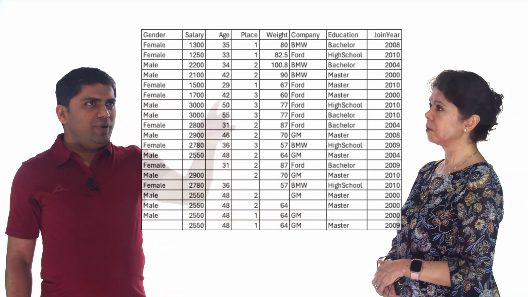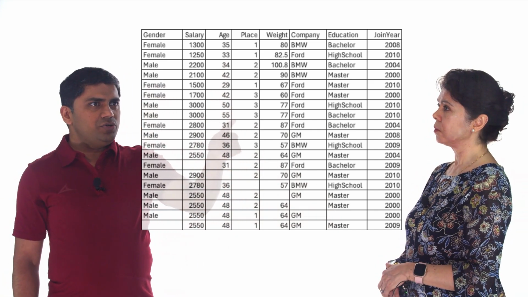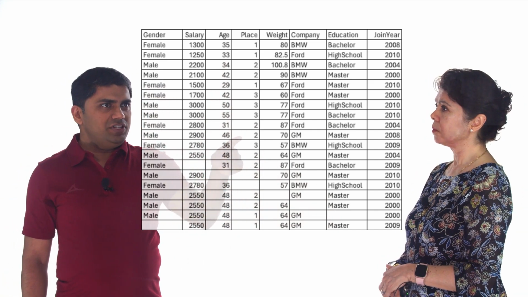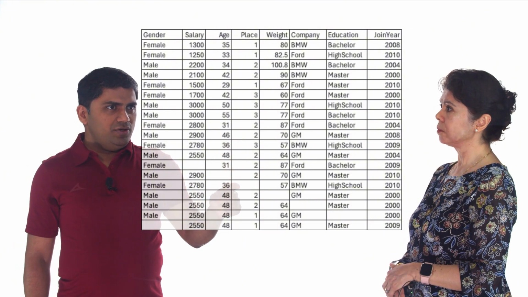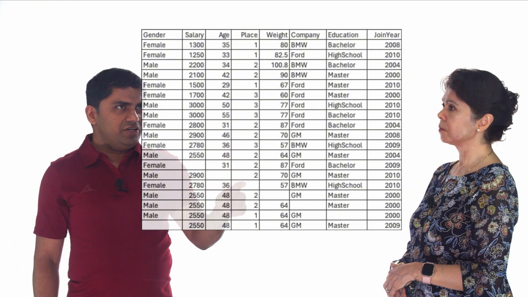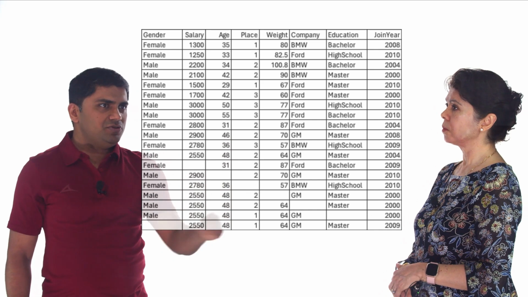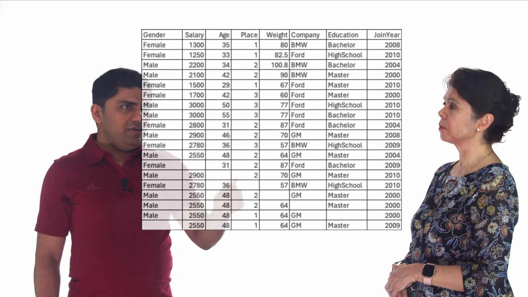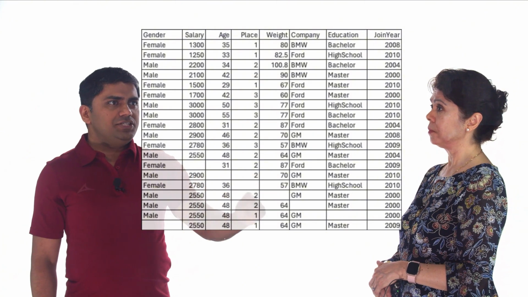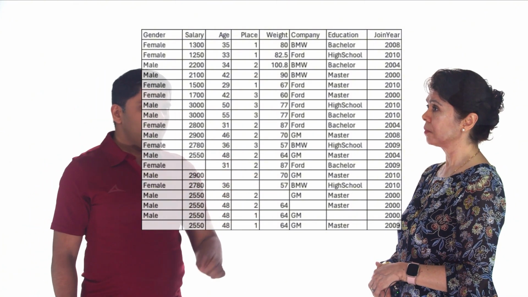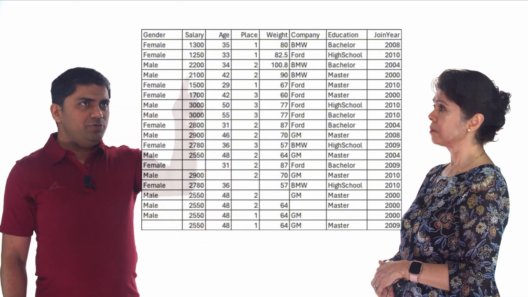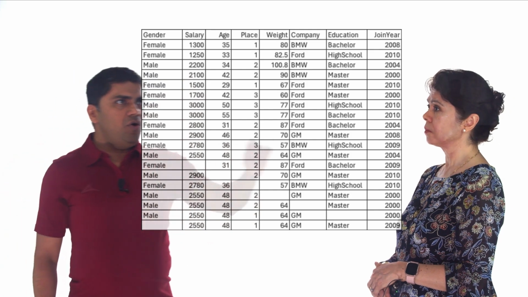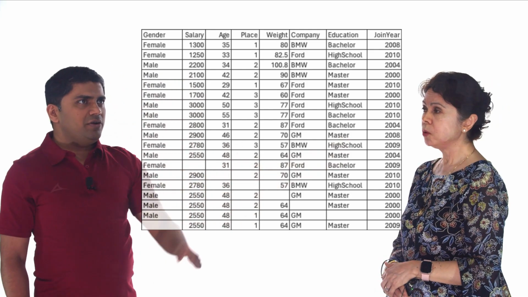You see place, I understand 1, 2 and 3, even though it is not a number, it is a category. Maybe it is region 1, region 2 and region 3. So you have to take care, this is a categorical variable even though it is a number. So these are the initial precautions you have to keep in mind. No? Moreover, does he want to predict the salary based on all the variables or on some particular variables?